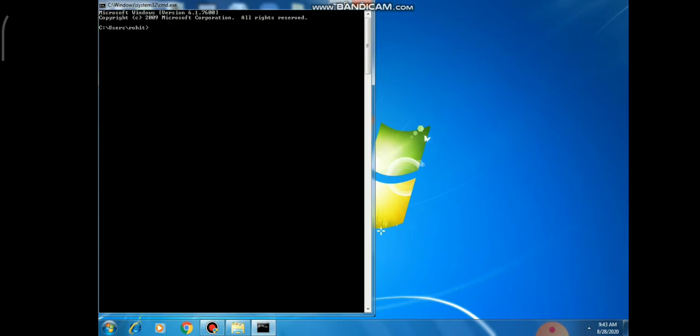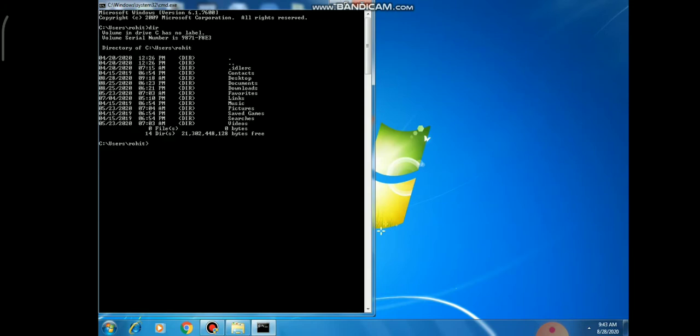Our first command is dir. Basically, why are we using the dir command? It is used to display the list of files or directories. Whenever we want to see the list of directories, we write the dir command. Here you can see after writing dir, it will display the list.